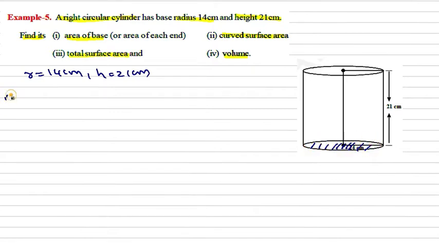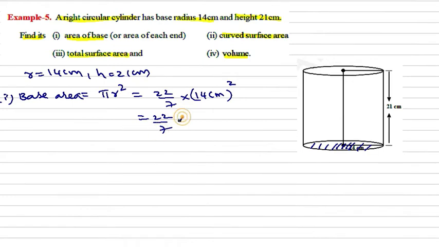So base area, it is in the form of a circle, so to find the base area, that is pi r square. We are going to use the formula, which is equal to 22 by 7 into radius 14 centimeter square. So which is equal to 22 by 7 into 14 into 14, 7 1s are 7, 2s are 14. So we are multiplying, then we are getting 616 centimeter square. Now we are going to find the curved surface area of this cylinder.